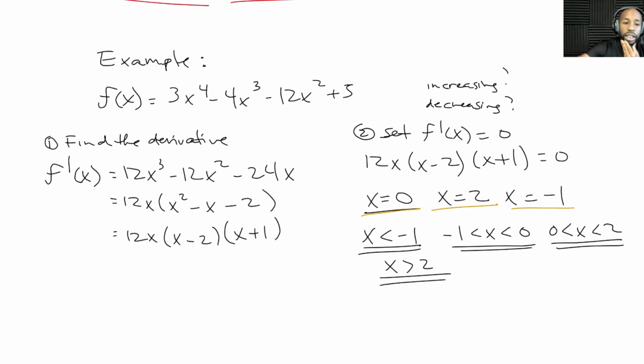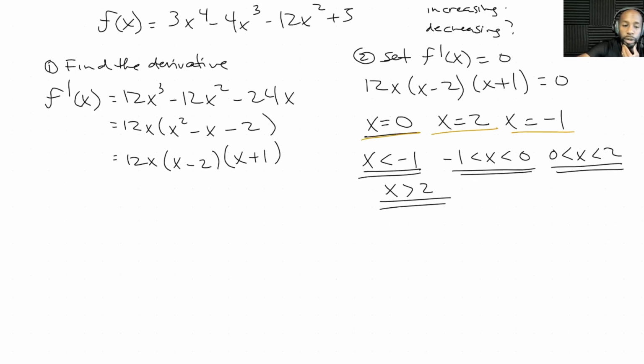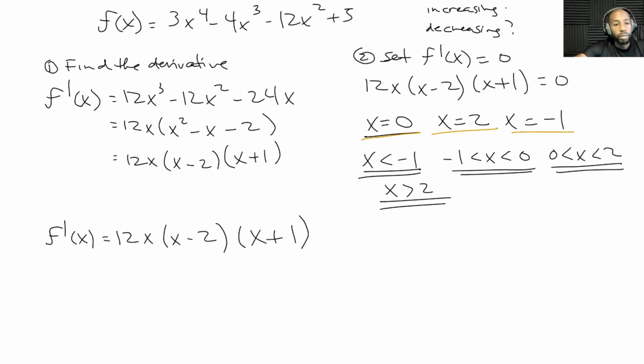So now let's look at this here. I'm going to rewrite the first derivative, which is f prime of x equals 12x times x minus 2 times x plus 1. Now, let's look at this. So when x is less than negative 1, what happens? I'm actually going to do something a little bit different here. I'm going to make it into a chart, because